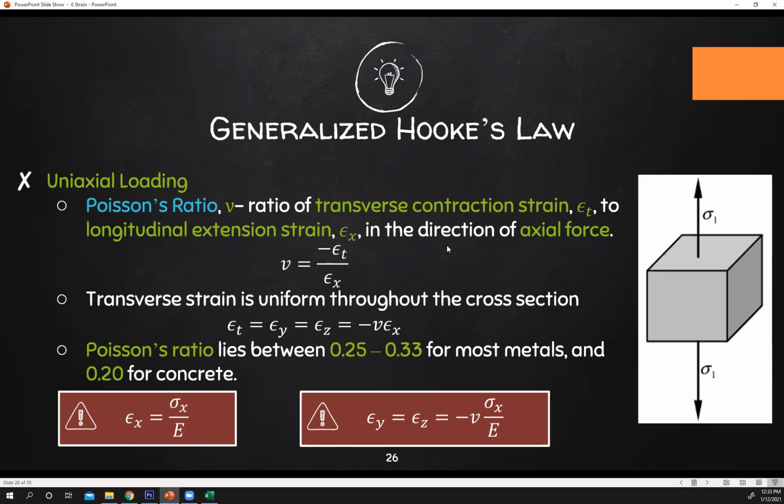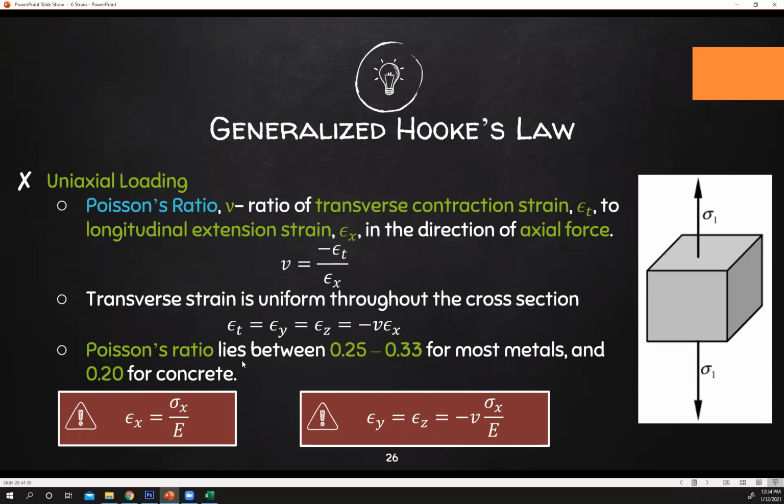Sorry, it's the other way around. Transverse strain is the one that is perpendicular to your force. Longitudinal strain is the one in the same direction as your force. So here, longitudinal strain is along the Y direction. Then the transverse, perpendicular one, is along the X direction. So therefore, if it's gonna elongate, the other dimensions will have the same deformation as your transverse strain. So transverse strain equals Y equals Z. And then using these two equations, you can say that transverse strain is also equal to negative v times epsilon x.